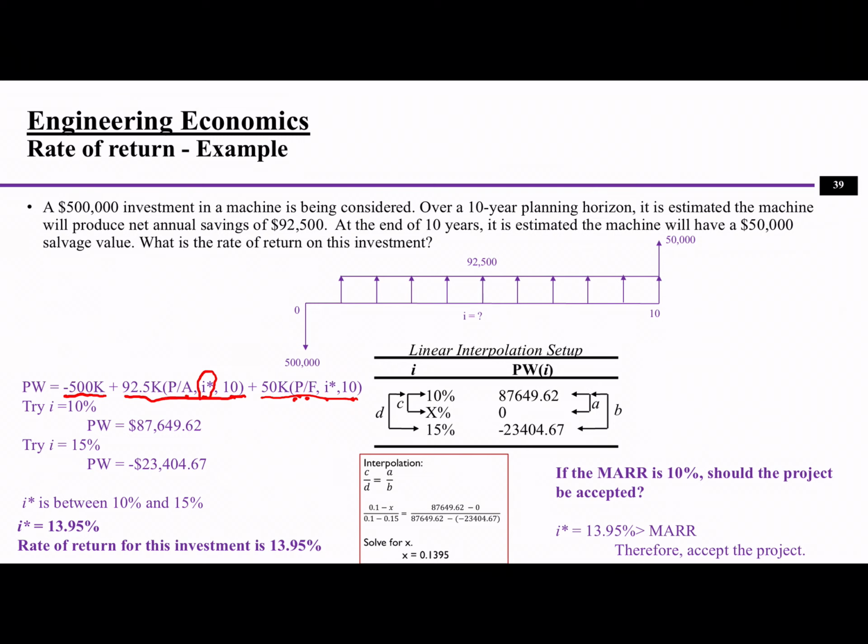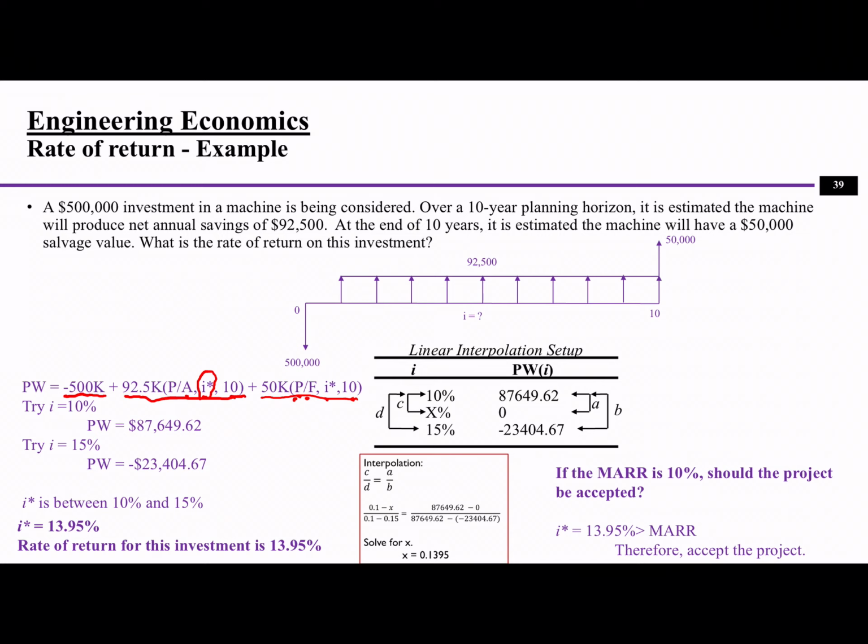All right, now we have all the numbers except what? Except this interest rate, because we do not know the rate of return yet. This is what we want to find out. But how do we find out this value? How do you want to find out this value? Well,